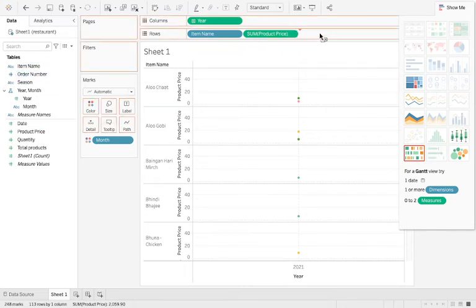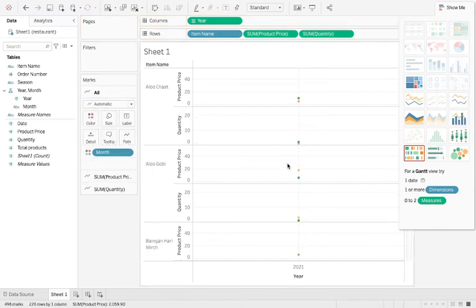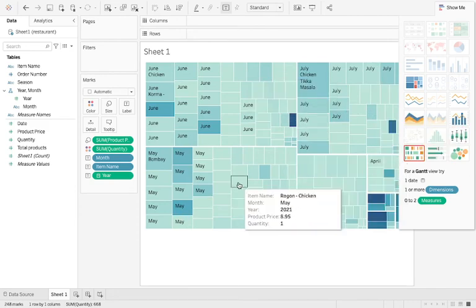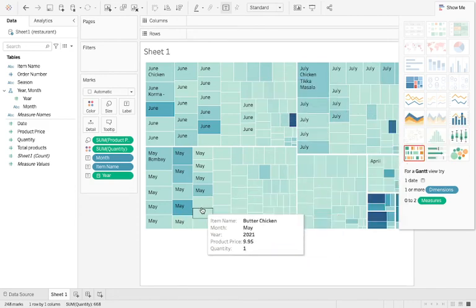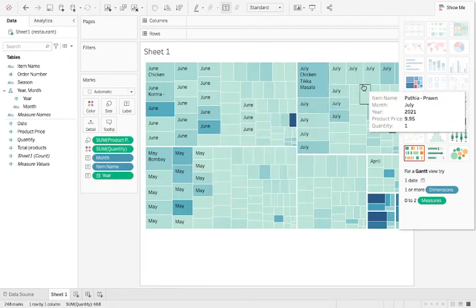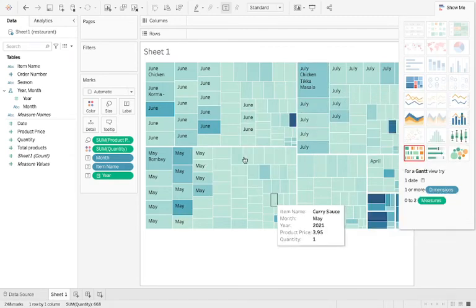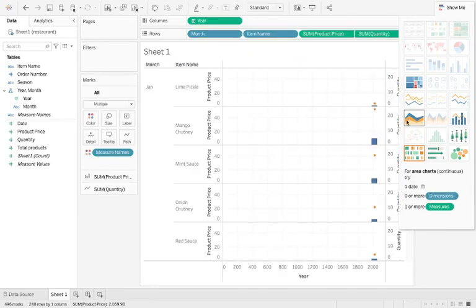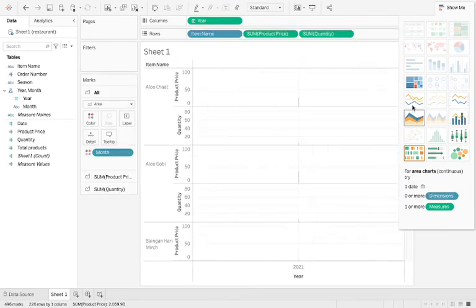I can add some quantity here, so it will sort my data according to that. You can use all these various kinds of charts that you have. You can just click on it and see the values also side by side. All right, so this was about creating hierarchy. I'll just go back to our other chart.